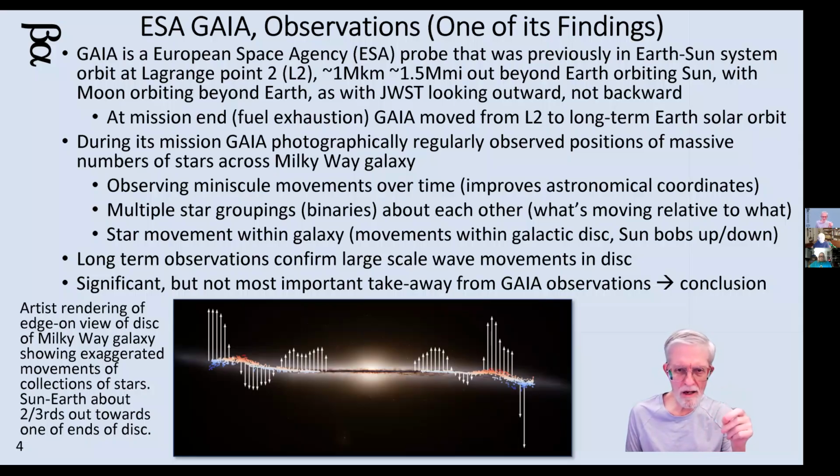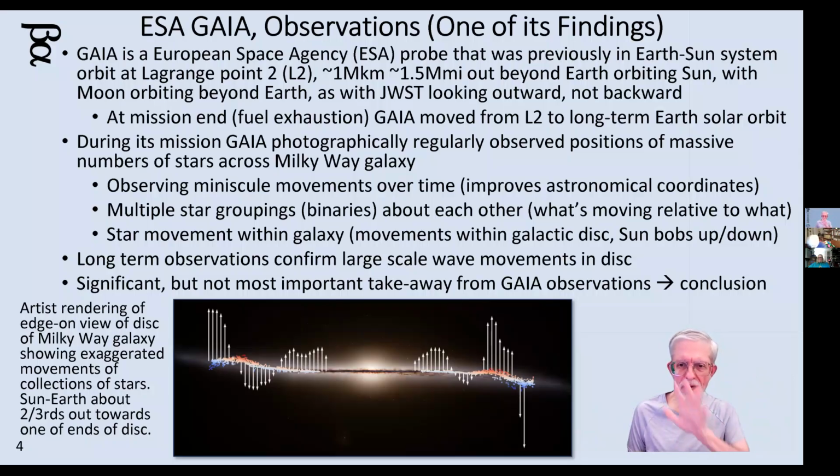Astronomical catalogs are only updated about once every 10 to 20 years because the movement is so slow that if you just take the catalog entry from 2000, you can probably get it in the field of view and then just adjust it slightly. At the end of its mission, meaning it ran low enough on fuel that maybe its orbit would destabilize, they moved Gaia from L2 to a long-term parking orbit with the Earth around the sun. So Gaia is still around. They just shut down the operations of it, laid off everybody.